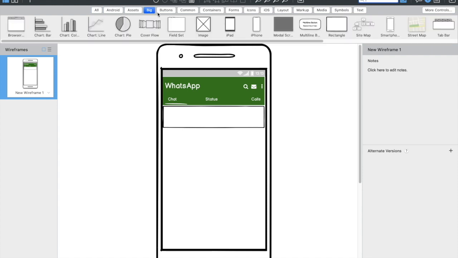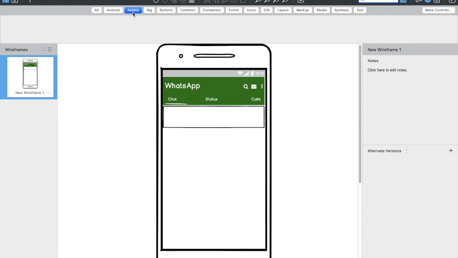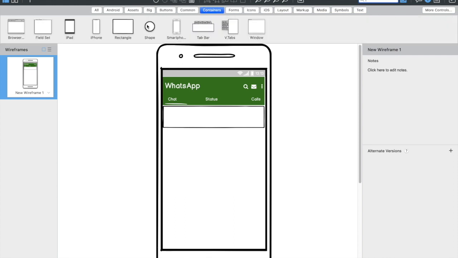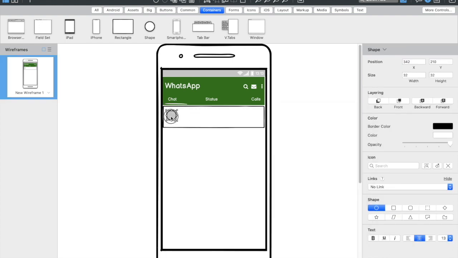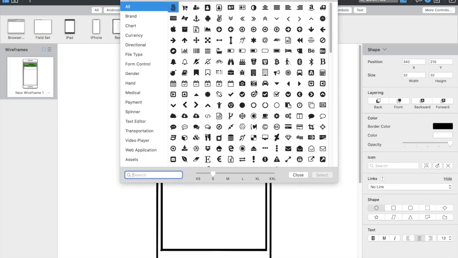I'm recently doing the search one. Let me show you that all the tabs are defined here on the top part. You can also search from here. That container is the shape I use for the user profile. So let's select here, and I want an icon. On the right-hand side it shows an open icon library, small icons, and click on that. The whole icon library will be available here.